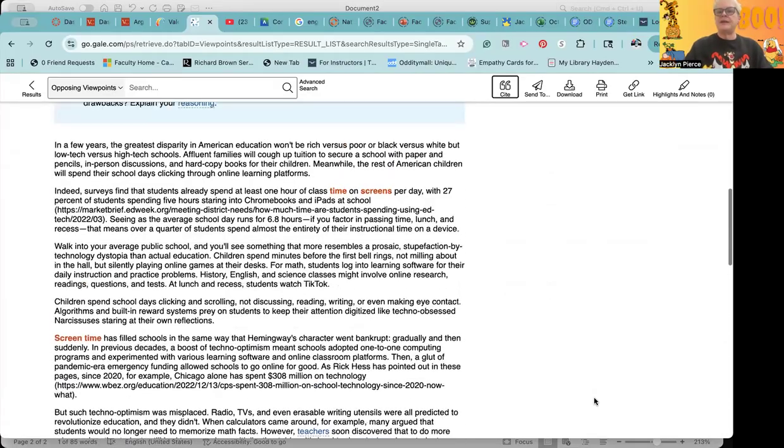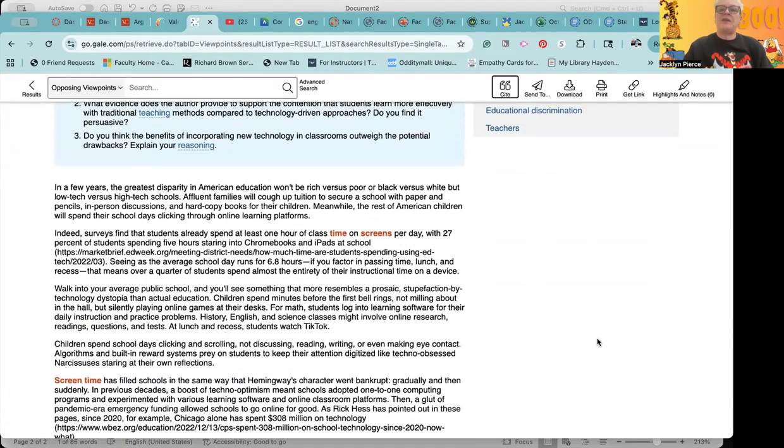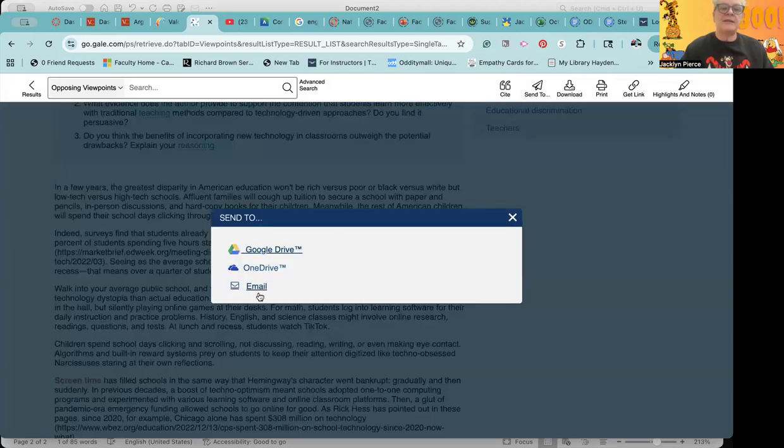Now, other things to do when you find something that you think you might use. A lot of things you can do with it. One is, of course, you can download it. If you want to save articles, you can save articles. I don't like to do that because I don't need a whole bunch more stuff on my computer when I already have too much. I like to use send to. So I'm going to click on send to, and it's going to let you email it or send it to Google Drive or OneDrive. This is how I like to keep track